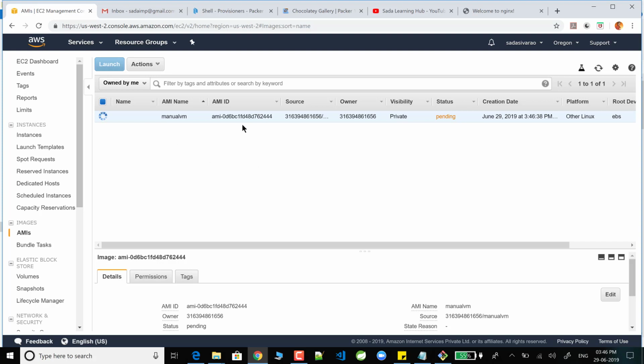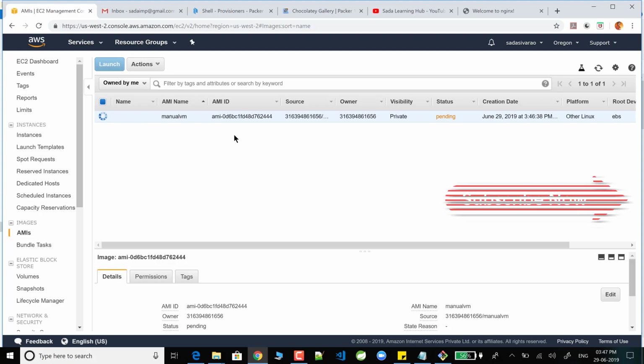Whatever outcome is coming here, we are going to do by using Packer. Now all these steps are manual, right? Log into AWS. After that, click on EC2 machines. Now launch whatever machine you want. After that, just click on next and finish.